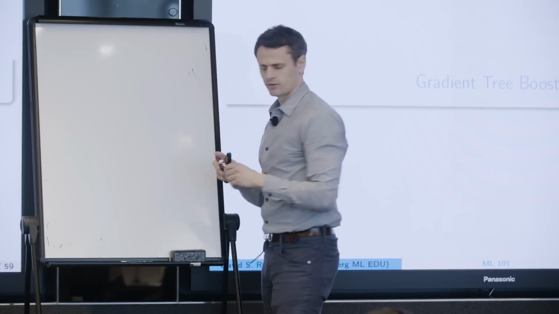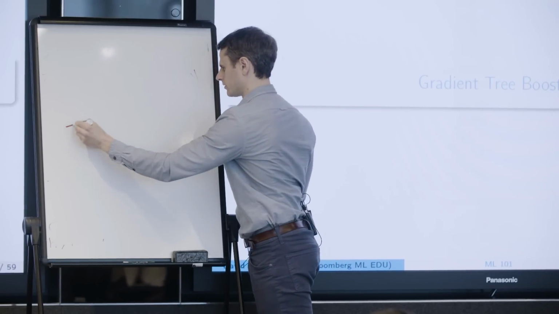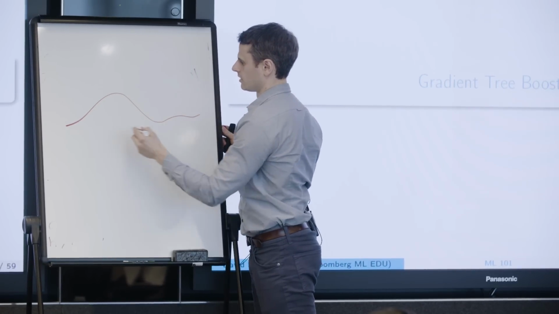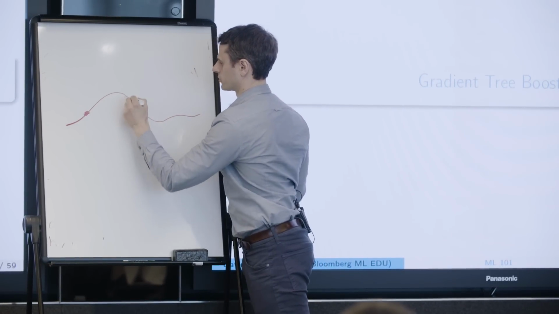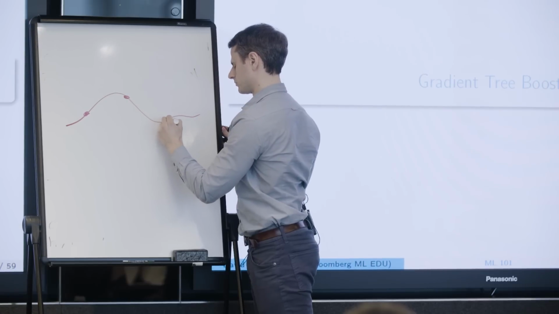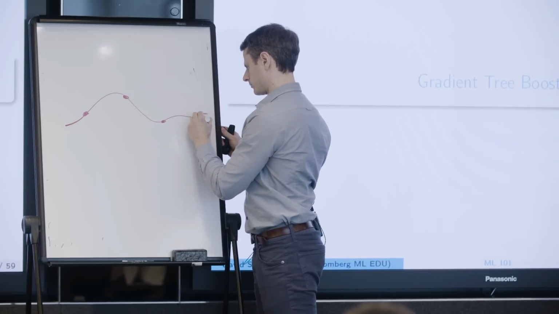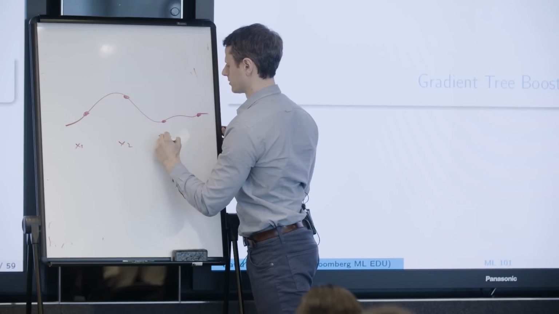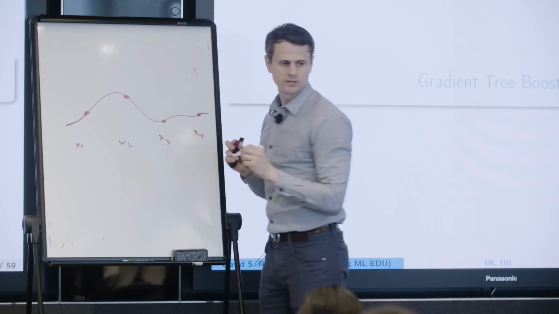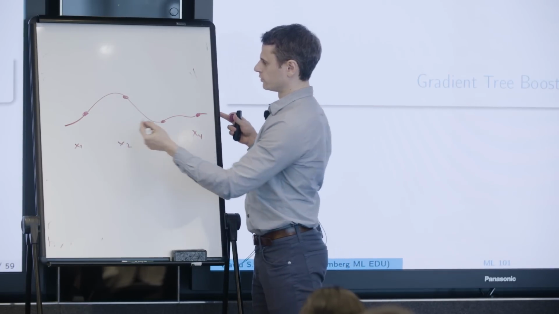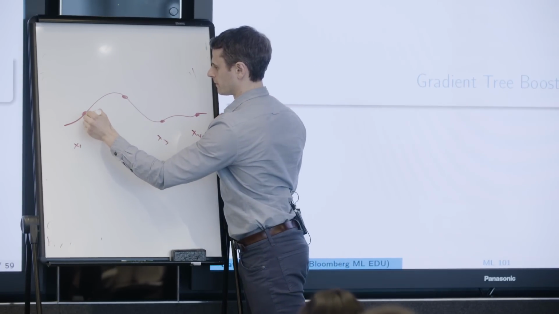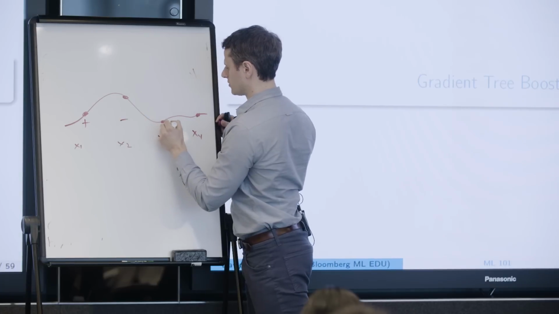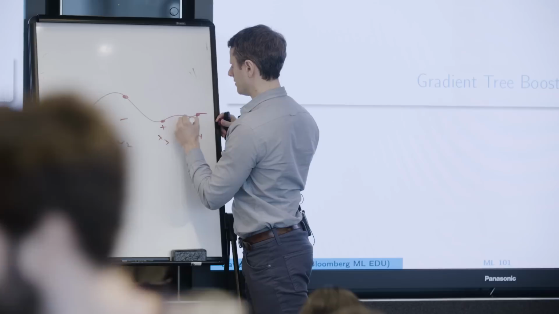So hold on. Let's suppose we have a function that looks like this. Okay, and then there's some training points. All right, so this is x1, x2, x3, x4. If the true label of this is positive, and this is negative, and this is positive, and this is positive,